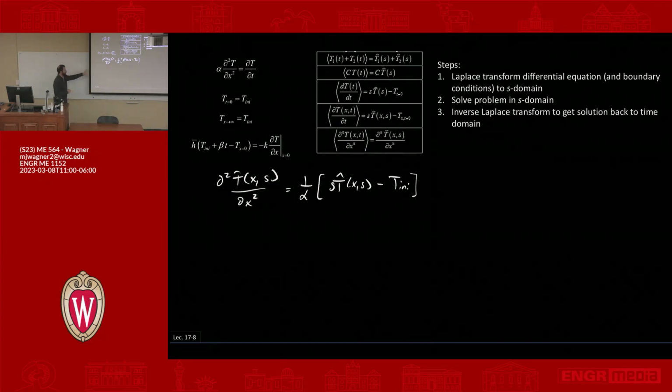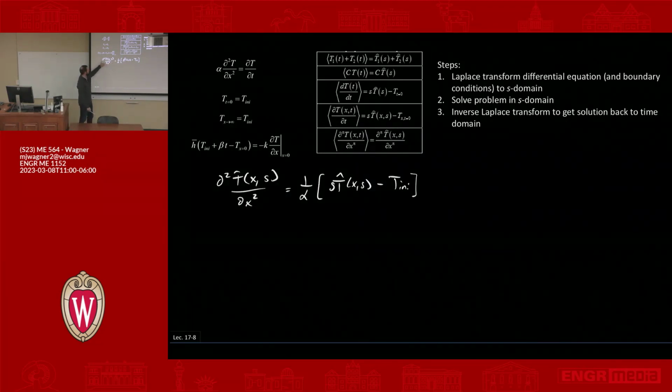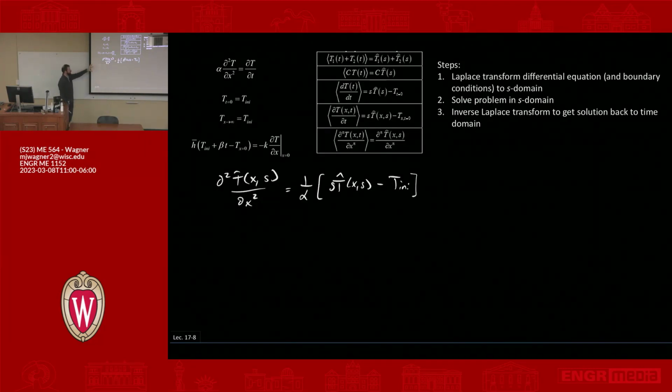And I want to make a point that's a little bit of a source of confusion. I've told you if we have a PDE, you can do this and get to an ODE. And then I'm writing it here as a PDE. I'm doing it this way, one, because it's written this way up here. But when you're doing this transform, you can actually think of s as not its own independent variable. You can think of it as closely tied to time. And so really what we have is just a function of x, right? Because s is this kind of quasi-constrained variable, I could equivalently write this, and I think I will,